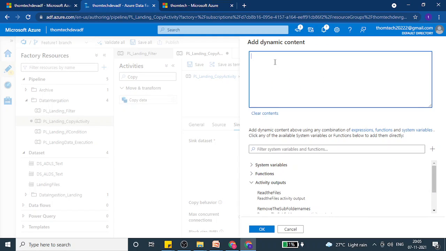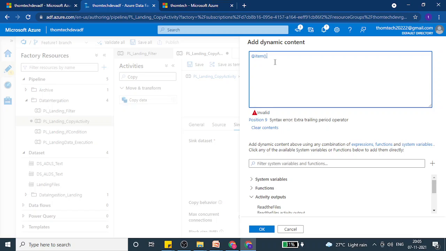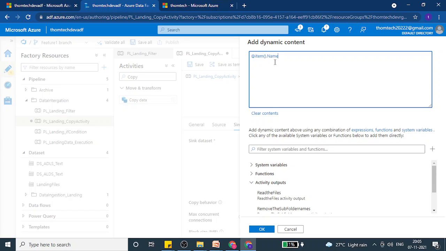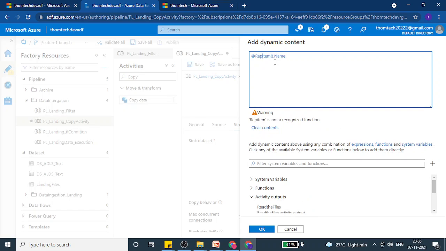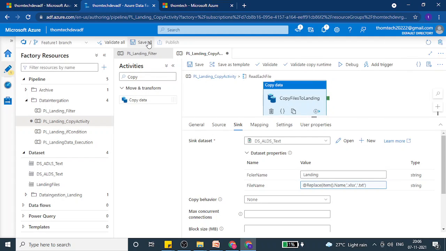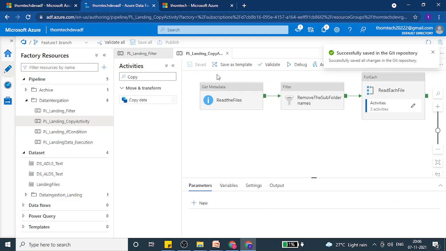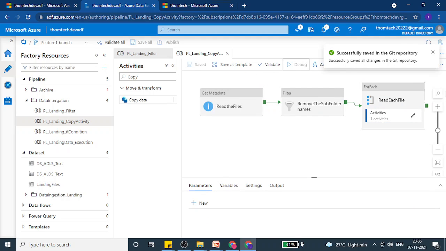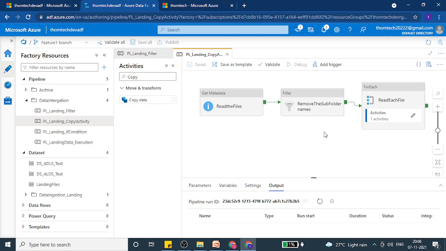And over here now there's a catch, file name, our default file name is .xlx, right? And if we use this property, it is going to have the .xlx, but that is not supported by ADF at the destination side. I already told you. Okay, so that's why I will simply use a replace function, go here and change .xlx to .txt. Okay, that's it. Click OK, save it, scroll down, go outside, click on debug.